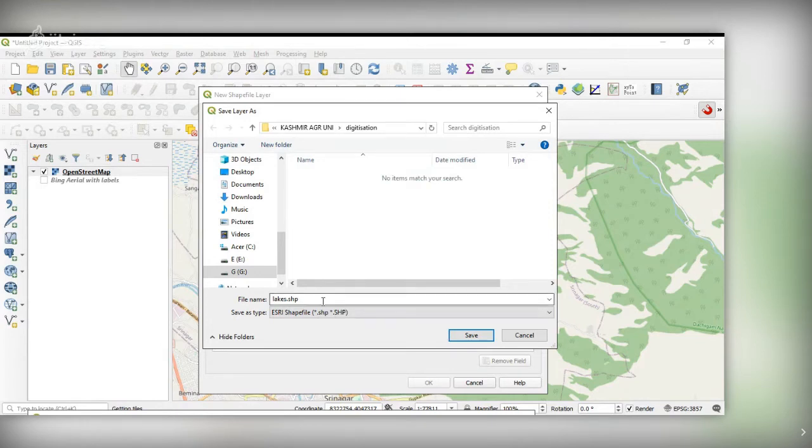First, I'll do the point, so I'll name it places.